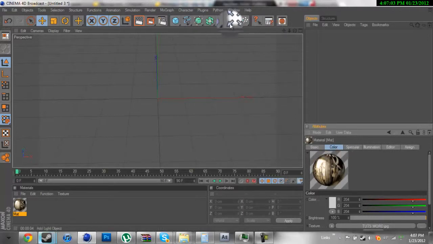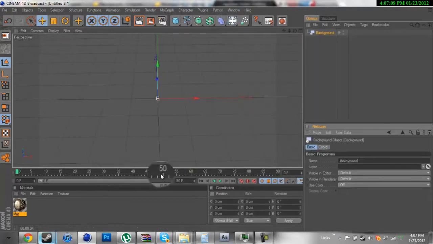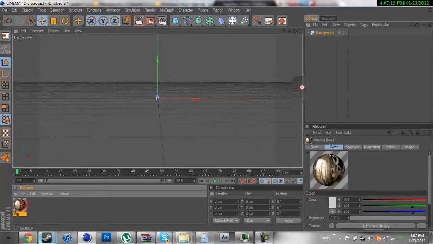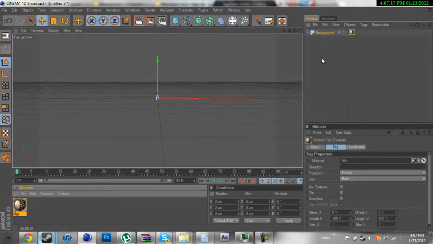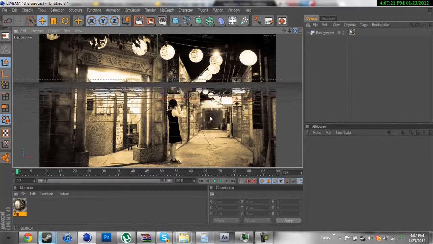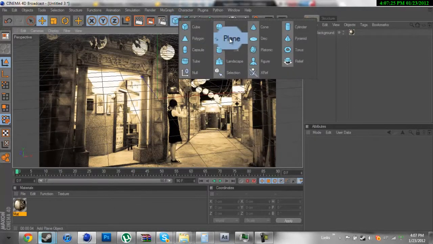So what you want to do is go up here where the light is, click and hold the light symbol and go down to background. After you go to background, you're not gonna have anything, so you want to drag your material onto the background and it appears like that. Voila. Now to add the text, of course, you want to go to the cube, press and hold it